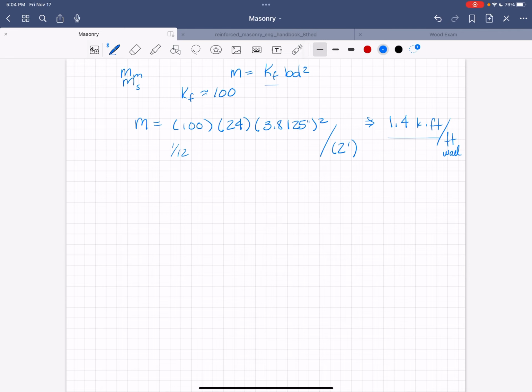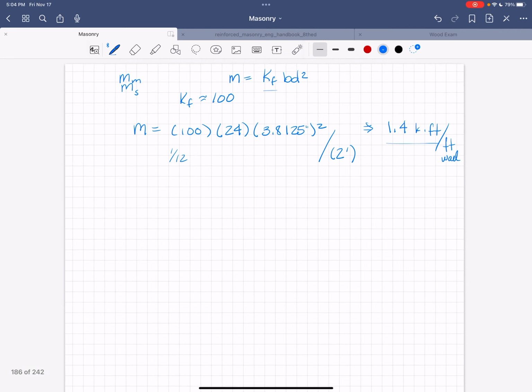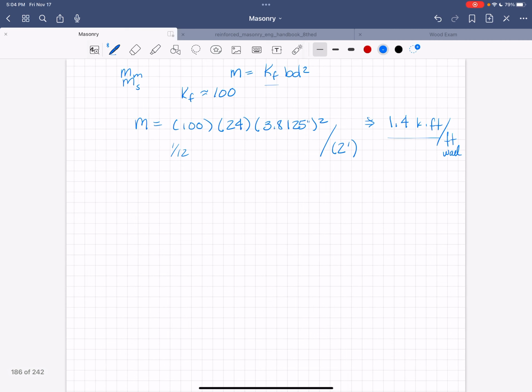Okay, so short example. If you go do these calculations, it's not really all that much longer, a couple minutes, but with the tables, this goes very fast. All right, we'll pause and I'll do one of these design